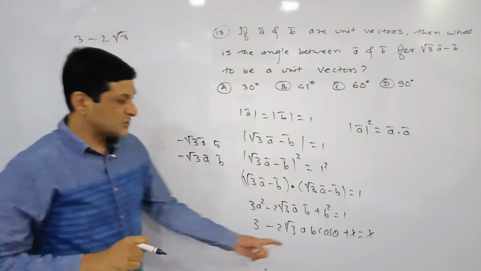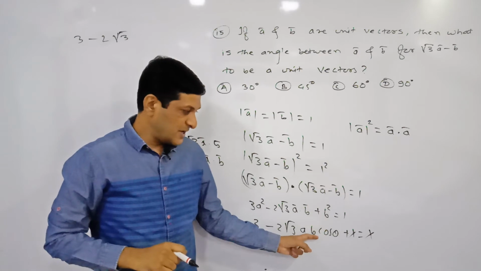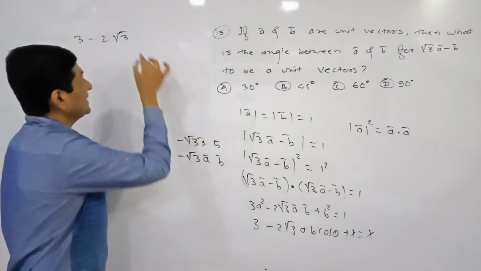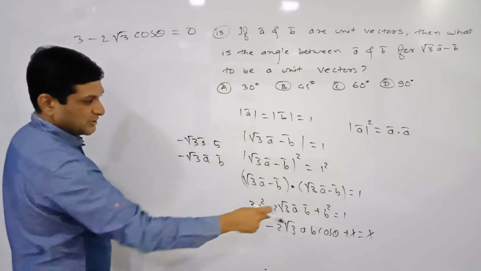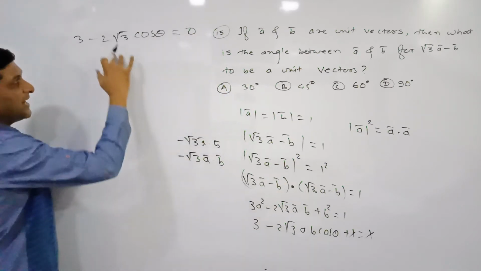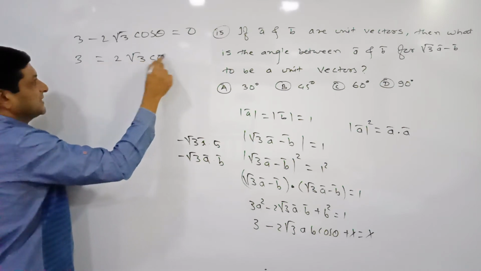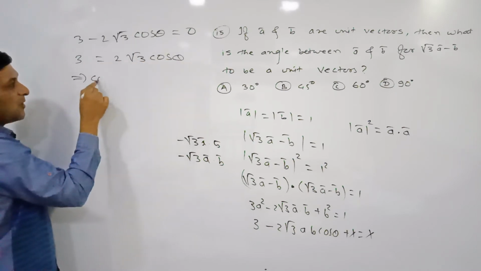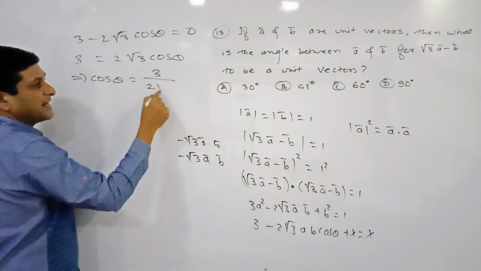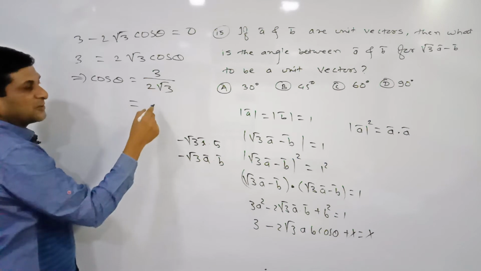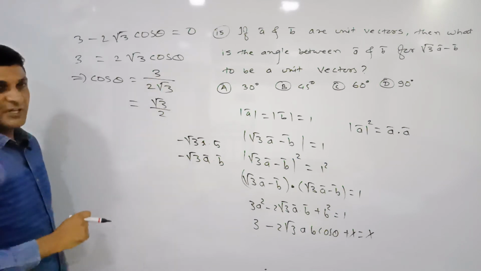Now A and B mean the magnitudes of A bar and B bar, but their magnitude is 1. So here we will get 1 into cos theta, it's cos theta. On this side the remaining term is 0, because the 1 will get cancelled. The minus term on this side will become plus 2 root 3 cos theta. So it implies that cos theta is equal to, this term will get divided on this side, 3 divided by 2 root 3, which is equal to root 3, and root 3 will get cancelled, so we'll get root 3 by 2.